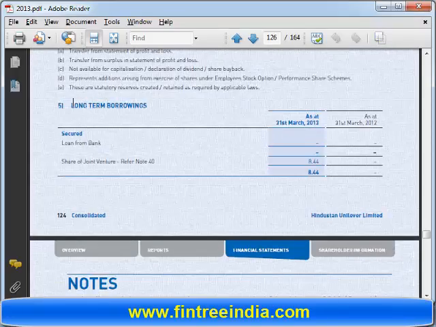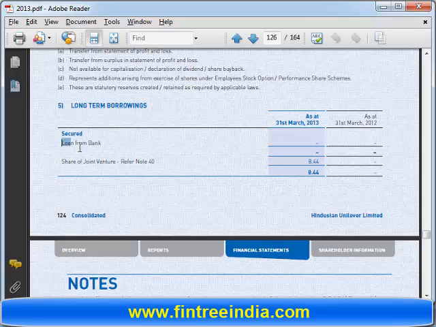Yes. Long-term borrowing, loan from a bank 00, share of a joint venture 8.44. So,